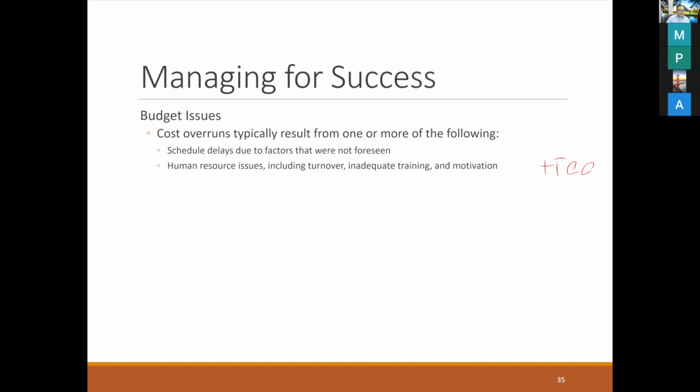that may cause cost overrun too, because you have to spend more time. Human resource issues including turnover, inadequate training and motivation will cause a problem in cost overrun as well. For example, if somebody just quits the job and you have to find another programmer instead, during the time that you can't find the programmer it will cause a problem because no one works on the development task and the task is delayed. And also inadequate training,